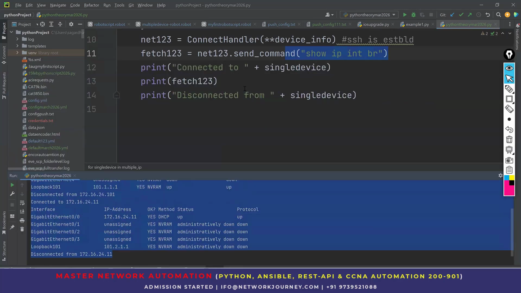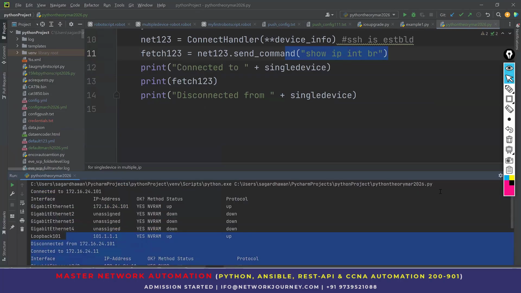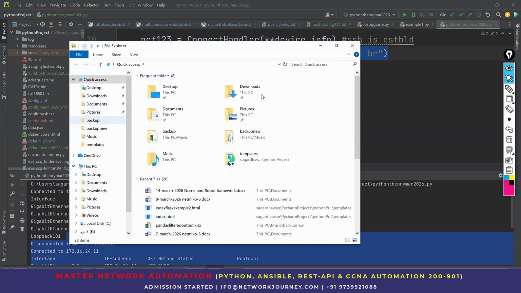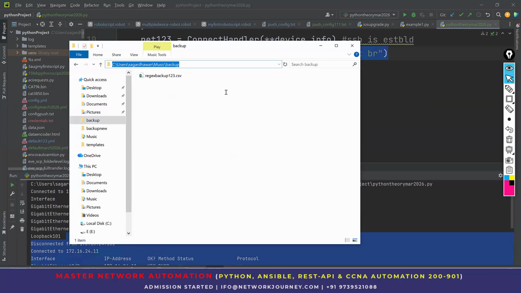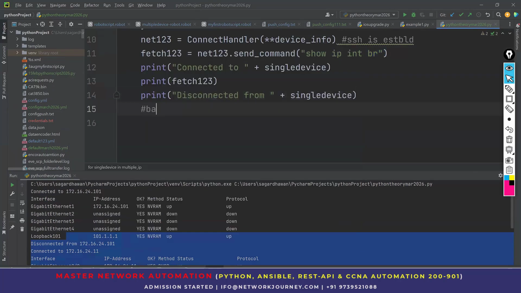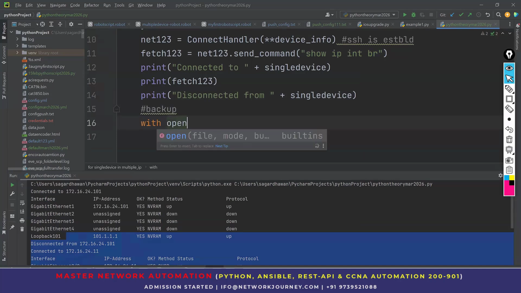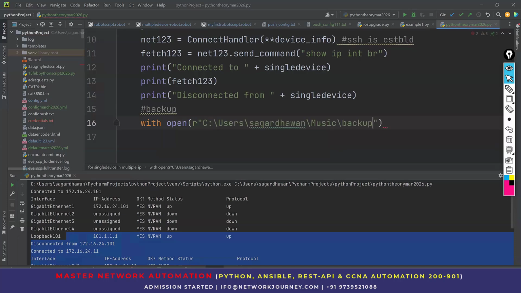Same way, if you want to do some backup, let's say these are now on the output terminal. If you close it, the outputs are gone. What if you wanted to take the output of this into some backup folder, right? Then you can define a backup process. Backup, that's a comment. Then we can say with open, give the system path, and then say that you're taking a backup of a single device in the text format basically,